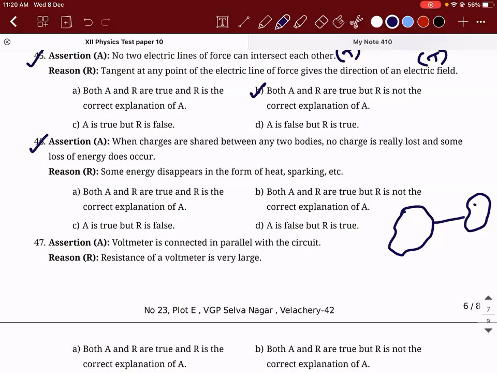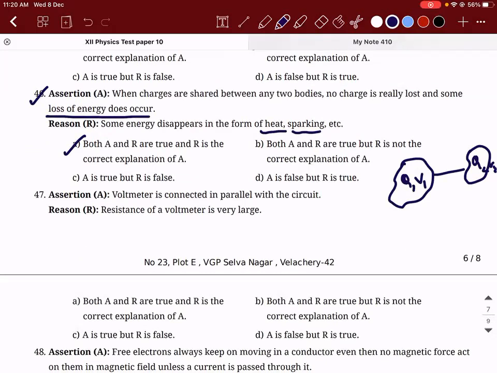When two charged bodies are connected, this we have discussed many times, the charge between the objects will stop flowing when their potential becomes the same. You remember that concept, the concept of common potential. Initially, if this has charge Q1 and potential V1, and this has Q2 and V2, the charge flow will stop when they attain a common potential. Now, when you try to calculate the energy, there will be some loss occurring during this process. That loss might be in the form of heat or sparkling, etc. It can be in any form. So the answer is A, correct.